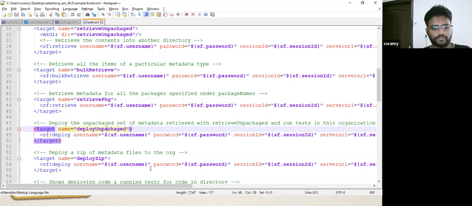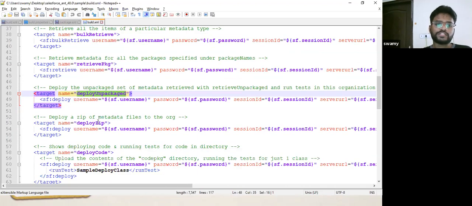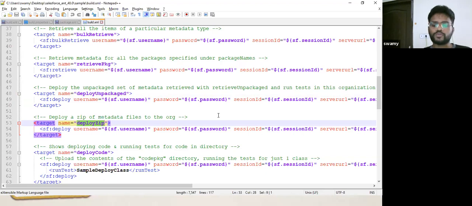And deploy unpackage: after retrieving, when you have to deploy your package to production, you run this command, deploy unpackage. And the deploy zip command: suppose you have developed your customization using Eclipse, and all the customizations are in the form of a zip file.